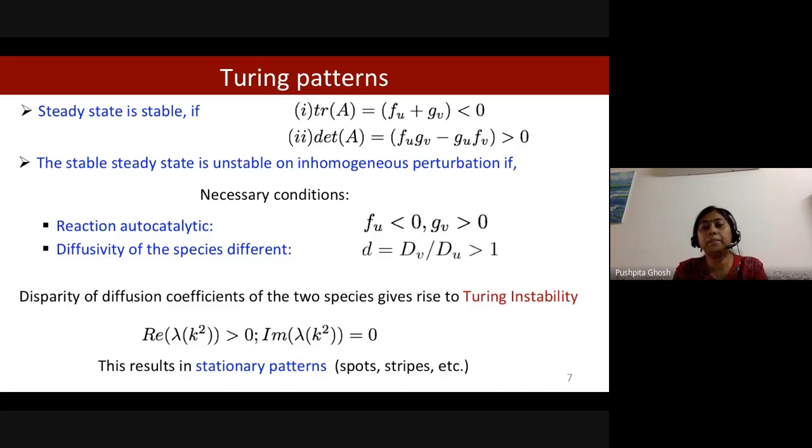In most cases, this disparity of the diffusion is the problem. Most of the time, the diffusion coefficients are very close. So over the years, theoretical and experimental efforts have been made to utilize external perturbations in different ways, so that they can overcome this stringent condition of Turing instability and may lead to Turing-like patterns or diffusion-driven